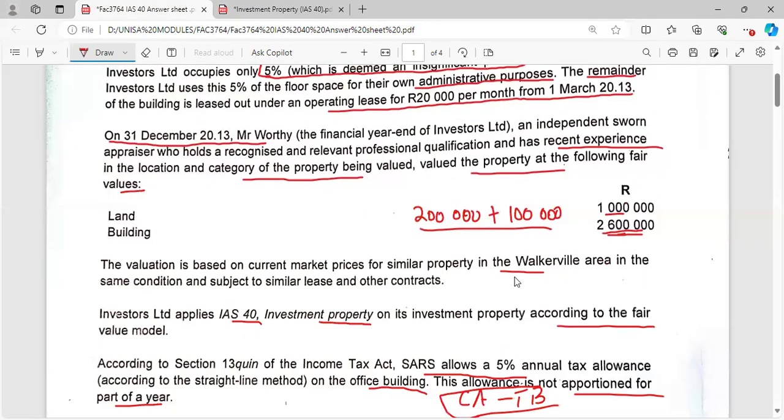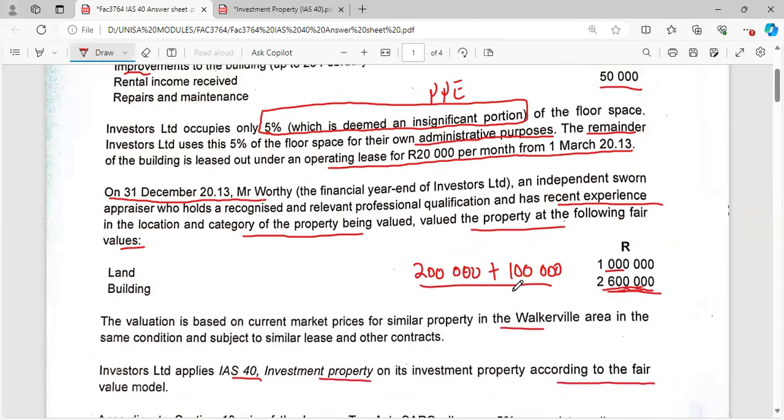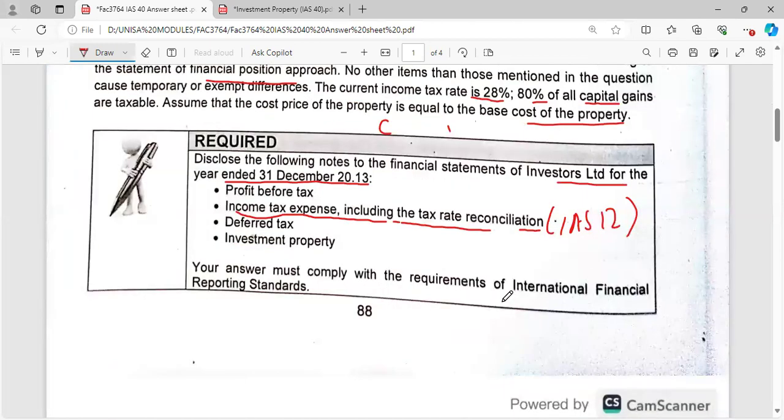Then the fair value is now 2,600,000 at year end. So the difference between 2,500,000 and 2,600,000 will now give us the fair value adjustment. Perfect. Okay, so that's there. So always remember, the fair value adjustment is the difference between the initial measurement and the carrying amount at the end of the year. So if you are required to disclose the profit before tax, then it means you take that fair value adjustment to